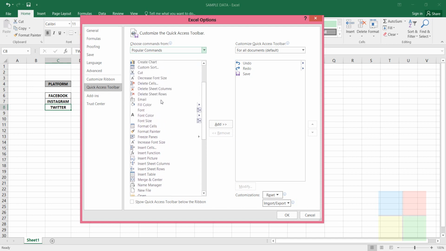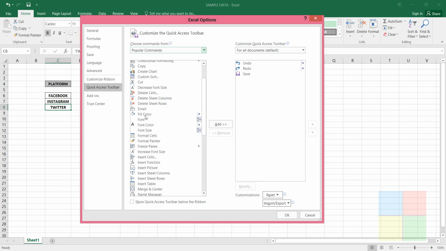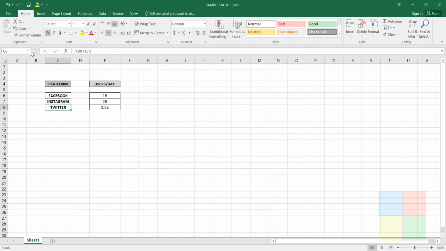Just imagine I use fill color more often, so I highlight it, then click on add, so it comes to this side. Undo is the first one, redo is the second one, save is the third one, and fourth is the fill color, which will appear now when I click OK. Got it right? It is here now.